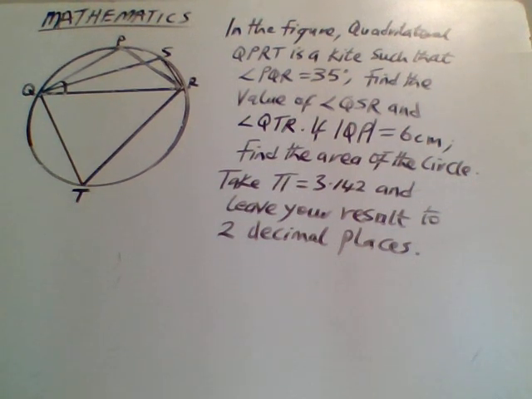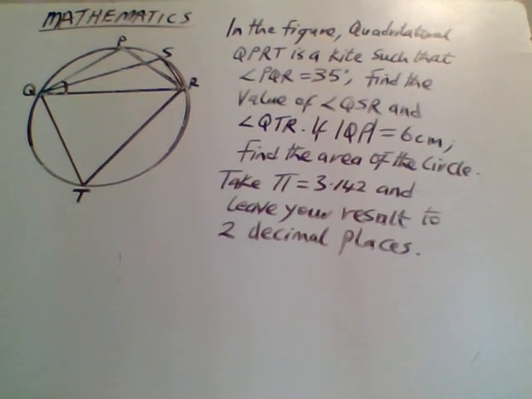Alright, good day students. As you can see, you are given a problem in circle geometry. In the figure, QPRT is a kite, such that angle PQR, this angle here, is 35 degrees. Find the value of angle QSR